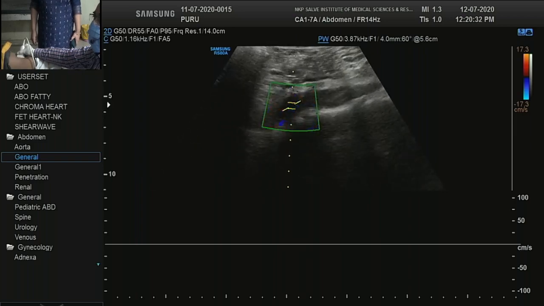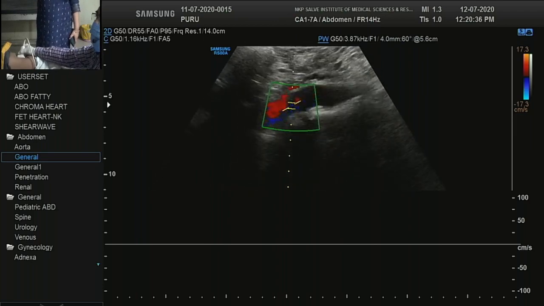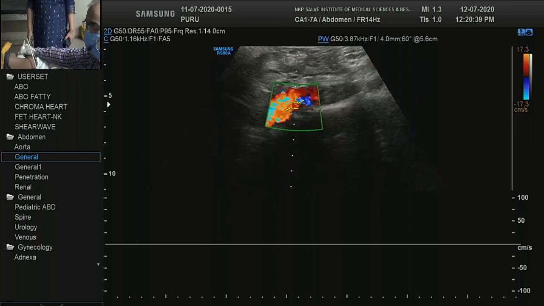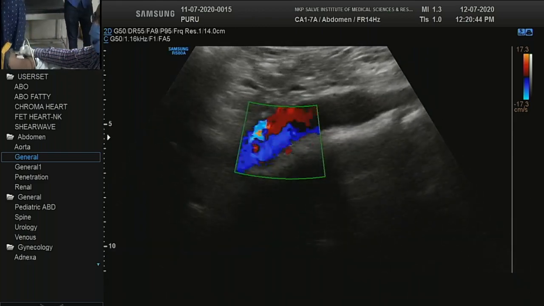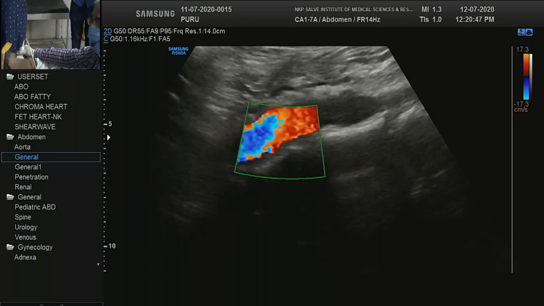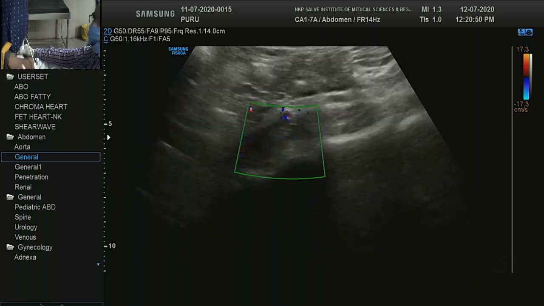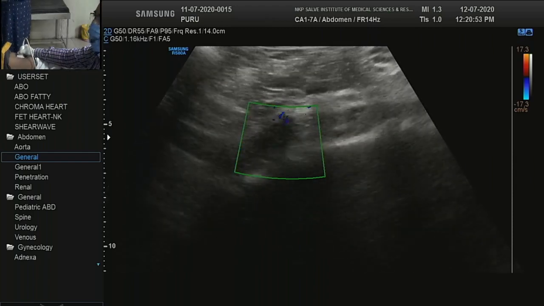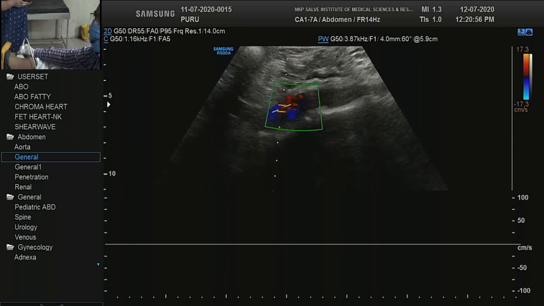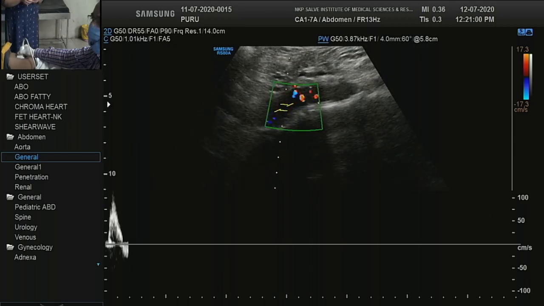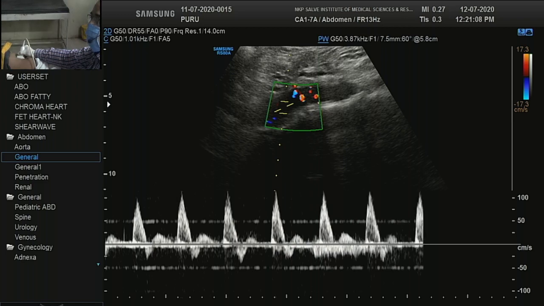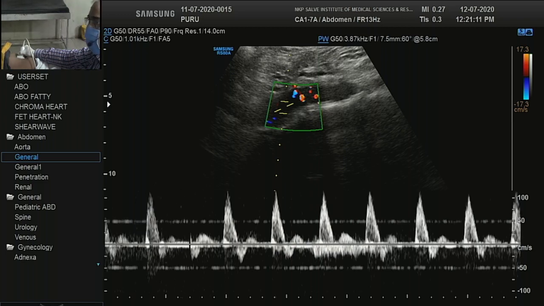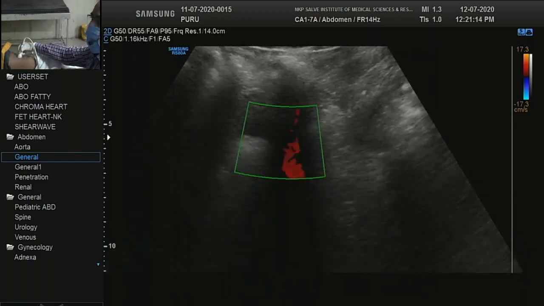So you get a lot of disturbance due to the aortic wall contractions. So what we can do is, on color you can see it is probably having diphasic flow. Here you have to give compression to reduce the distance between the probe and the aorta. So I will increase the sample volume or the gate. So this aorta shows a triphasic flow. You can see that. So for us it is normal.